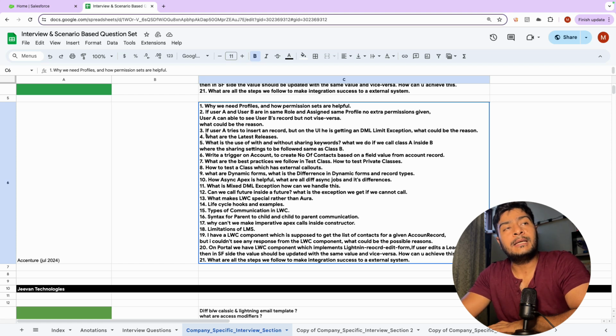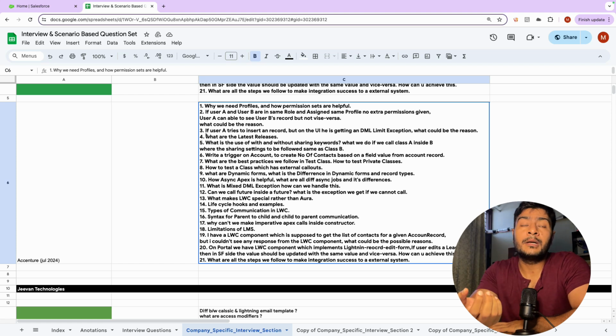Okay, so basically when you are inserting a new record on the UI, let's say you go to Opportunity and try to create a new opportunity, but when you save it you are getting a DML exception. Okay, and there could be multiple different types of error. But the most possible way could be that when you're trying to create an